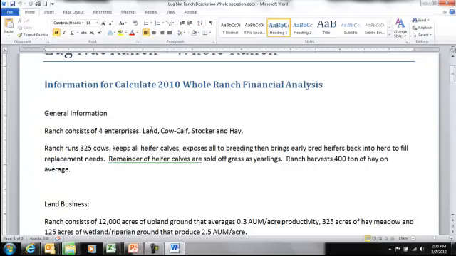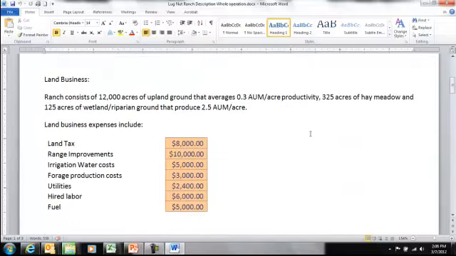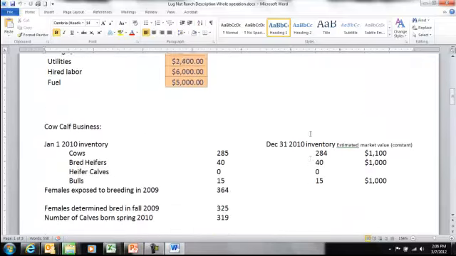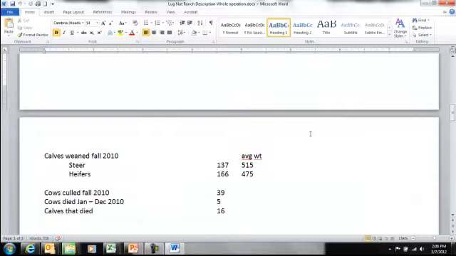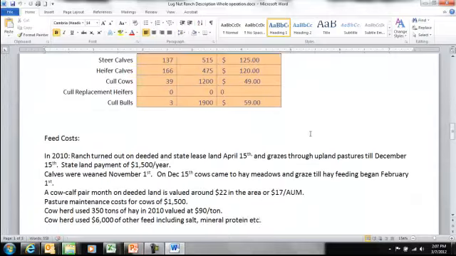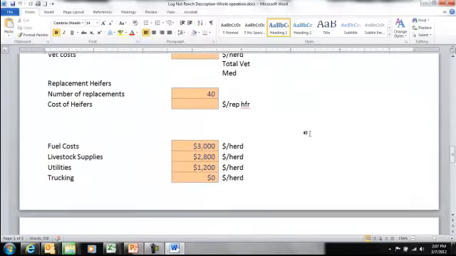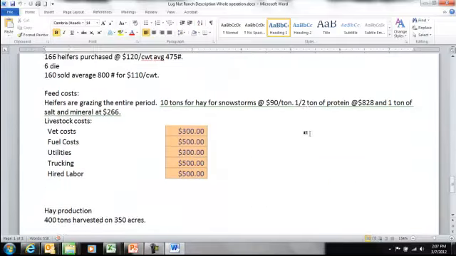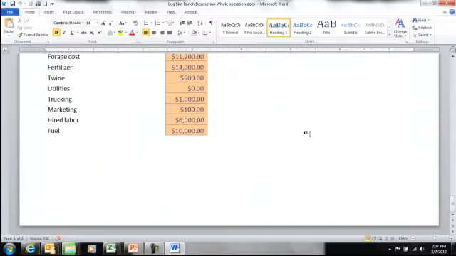There's the land enterprise, the cow-calf enterprise. This ranch also runs their heifer calves over as stockers, and they also put up some hay. So it runs about 325 cows, and you could read down through that. But essentially, this is all the information needed to conduct a cost of production analysis on each of those 4 enterprises on the ranch. So, often I would hope that it would strike you that this is not a terribly